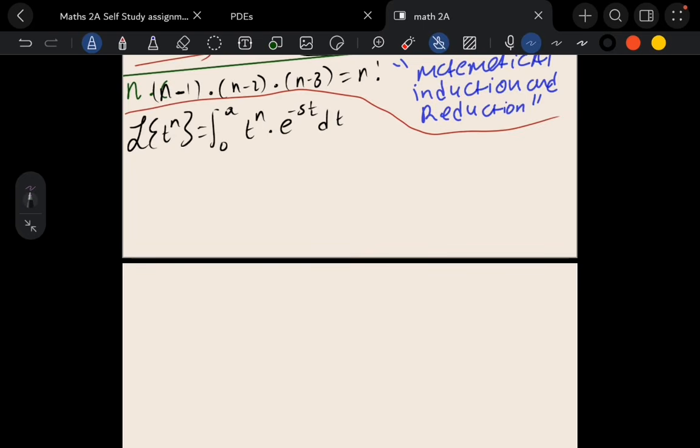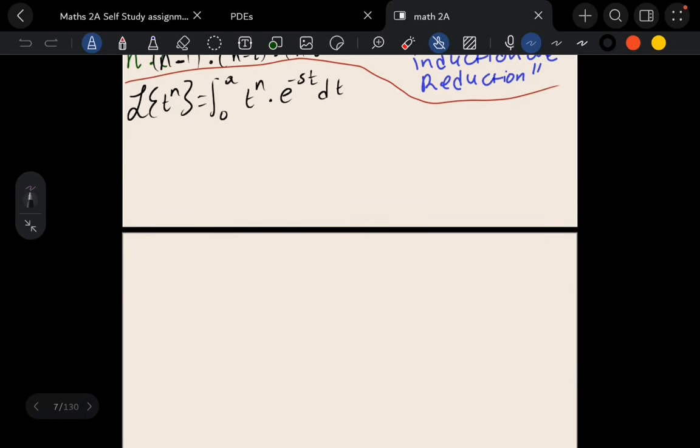I told you last year in class that I'm not going to use the long method of integration by parts, but I'm just going to use the one that has the table. So integration by parts here, it's the most crucial thing that you need to know. Right. So if you use the table here,